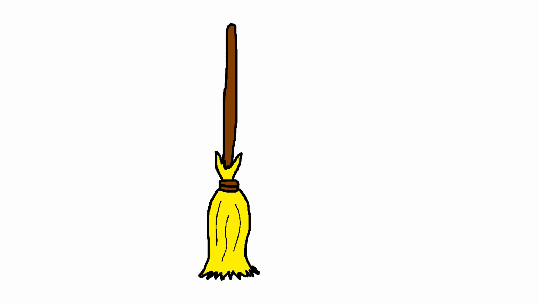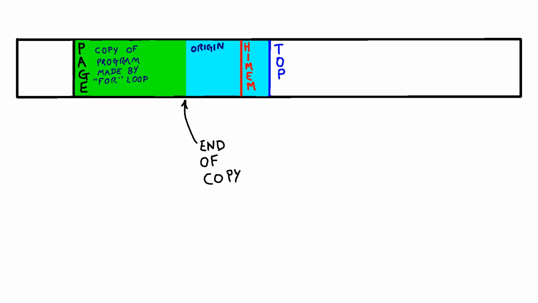First of all, we're going to need to adjust our top value in order to tell the BBC Micro where our program finishes. Why do we need to do that? Well, all we've done so far is copy our program to start from an earlier memory address, but we haven't actually moved the program that was originally loaded into memory. In fact, that original version of the program is still there in memory, or at least part of it is. Some of it will have been overwritten in the process of copying our program to start from an earlier position